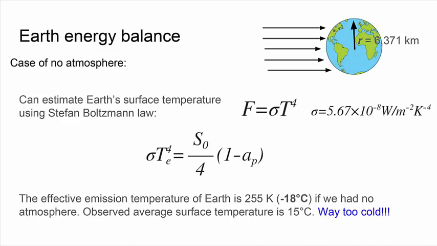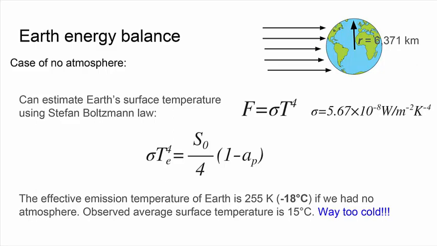If you take this, the total absorption per unit area, Earth has to be in balance so that what's absorbed is emitted. If you plug in sigma T to the power of 4 and solve for the surface temperature, which is the effective temperature of the Earth, this value comes out to around 255 Kelvin, or minus 18 degrees Celsius. So if we didn't have an atmosphere, this would be the temperature, and as we all know, that's way too cold, and the actual observed surface temperature is 15 degrees Celsius.